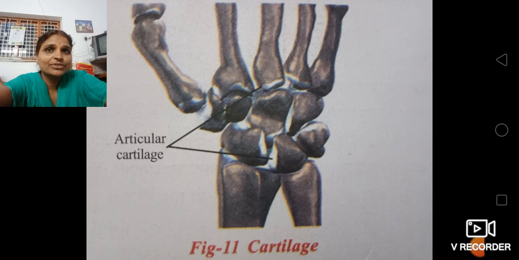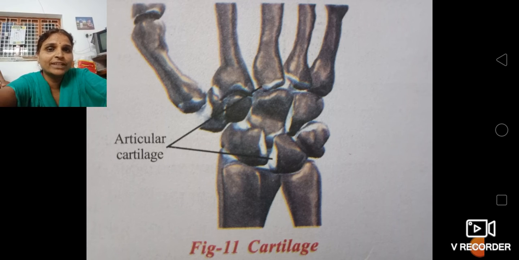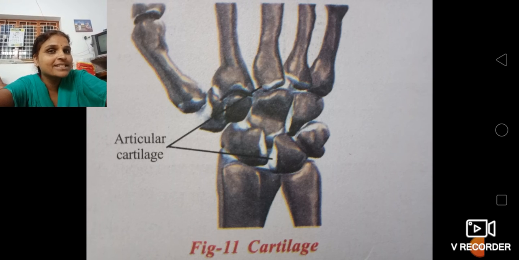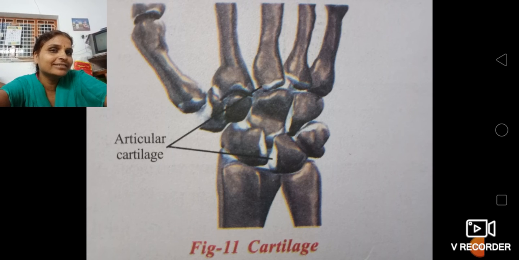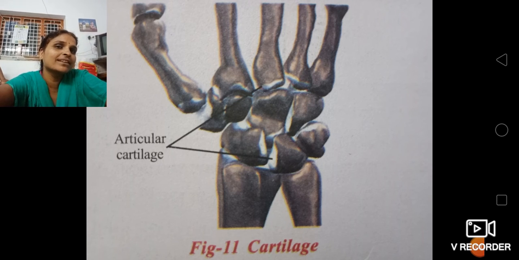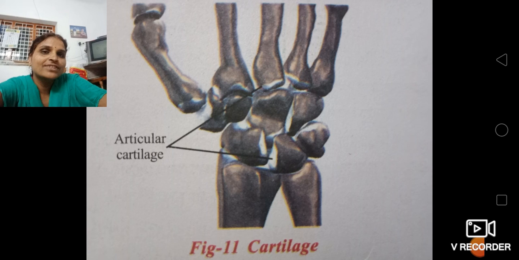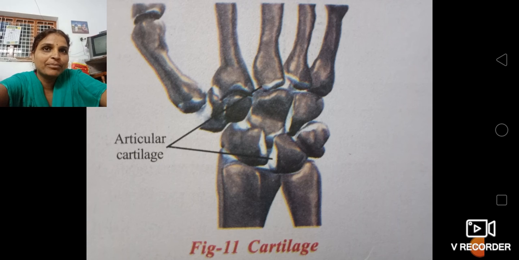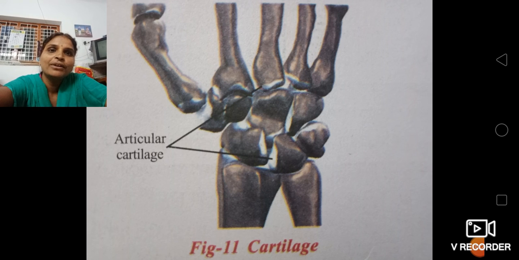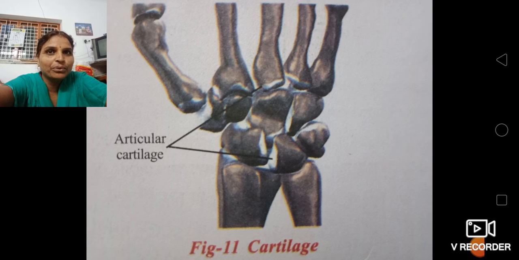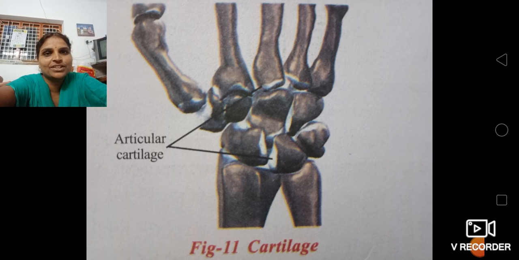I will ask some question. We know a bone is attached to another bone with the help of ligament. By which tissue is a bone attached to a muscle? Say anyone? One type of tissue is here. That is the tendon. Tendon is a type of connective tissue which is also made up of fibers. The tendon joins the muscle to the bone. It is also made up of collagen.